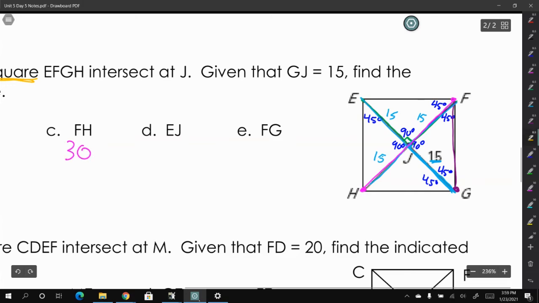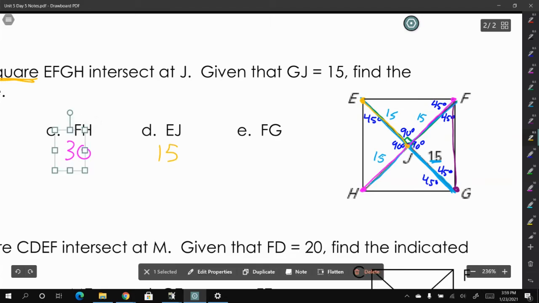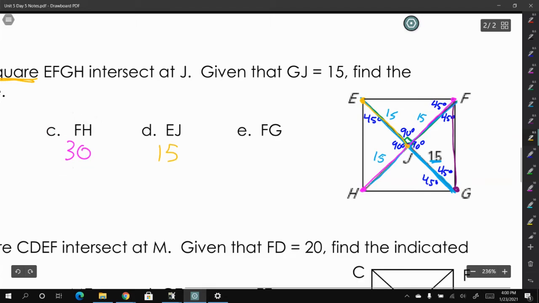EJ goes from E to J. That'll also be 15, is part of the diagonal. Now FG. FG is this side right here. Well, we don't know what that side is, but we know that these two sides are 15, and we know